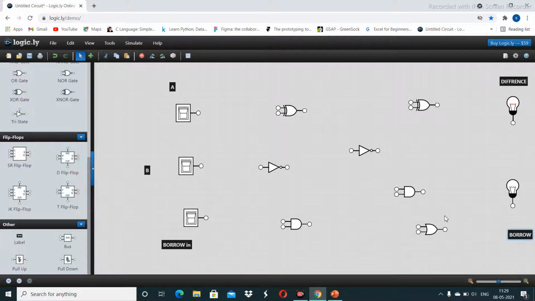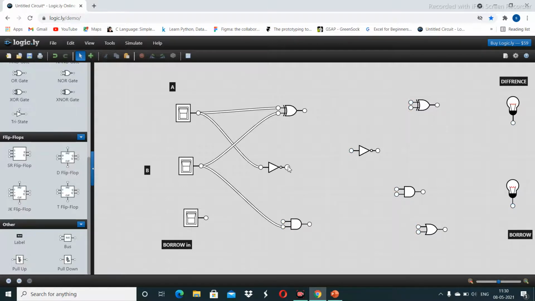So let's start giving the connections for the full subtractor. Connect the first switch A with the XOR gate's first input and connect A with the NOT gate input. Now connect B with the XOR gate's second input and also connect it with the AND gate's second input.